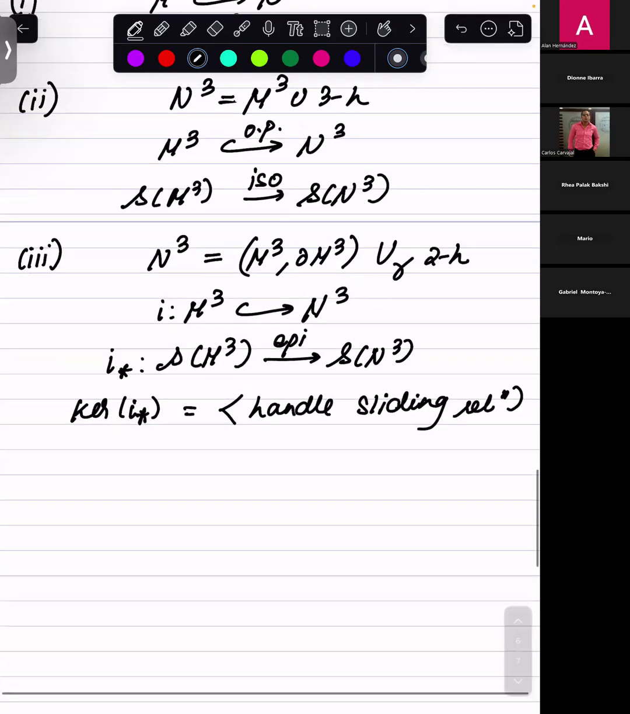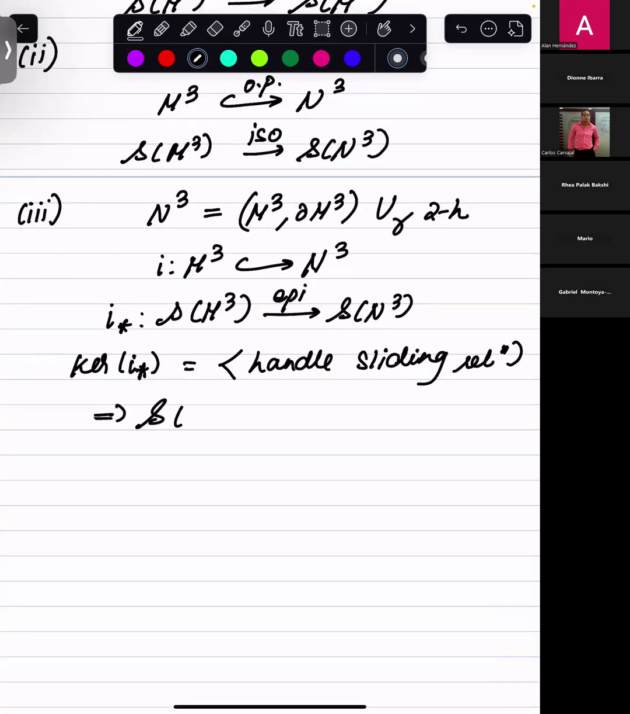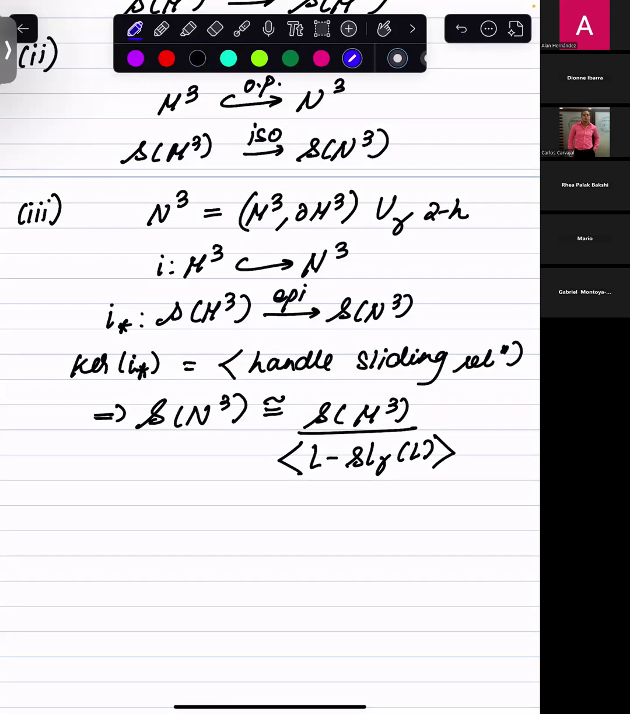So essentially, what this means is that the Kauffman bracket Skein module of the 3-manifold N is going to be isomorphic to the Kauffman bracket Skein module of M, modded out by the submodule that's generated by elements of this form. So L will be an element that belongs to the generating set of the Skein module of M, and this is the result of sliding our link